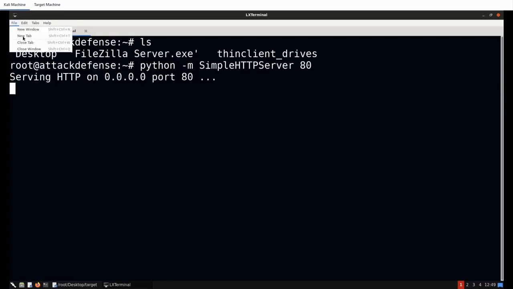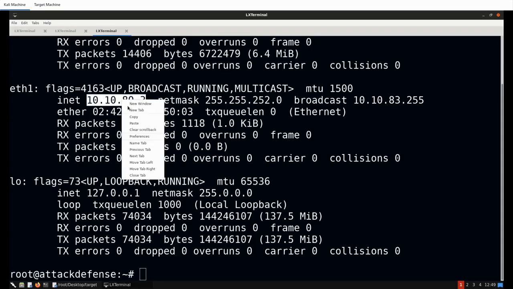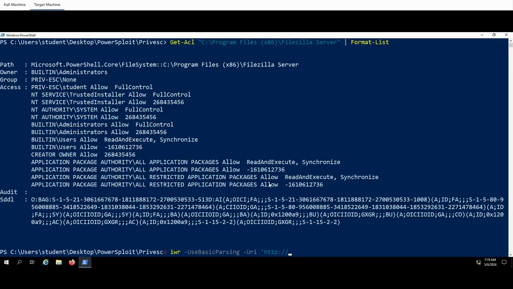So let me open up a new tab here, and it's 10.10.83. So I'll just paste this in here. Okay, it doesn't look like it's working, but I can say 10.10.80.3, and the name of the executable is FileZilla Server.exe, and we'll close that single quote. So we're getting, and we're downloading it from the web server that we have set up with Python, and we'll